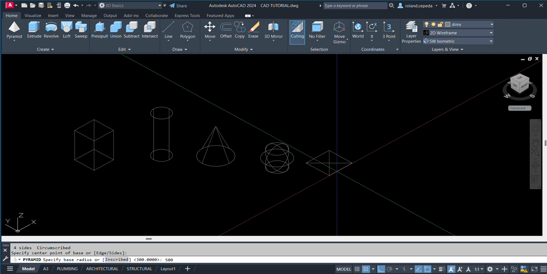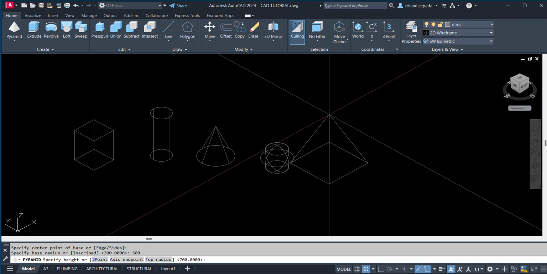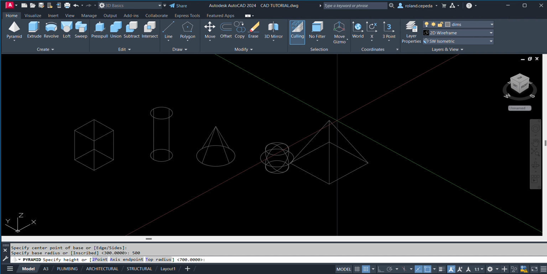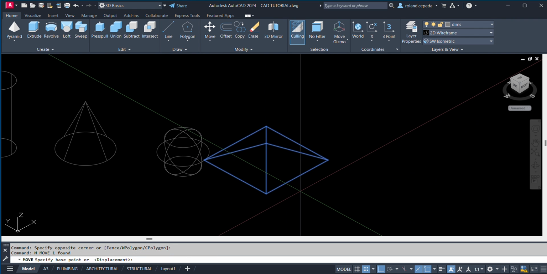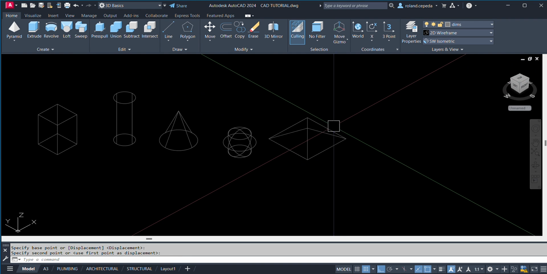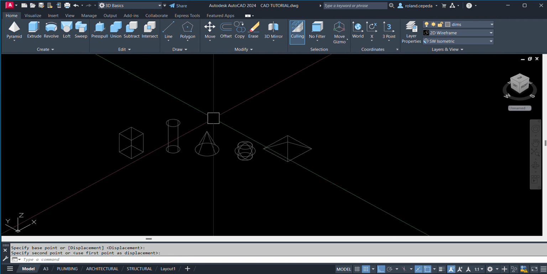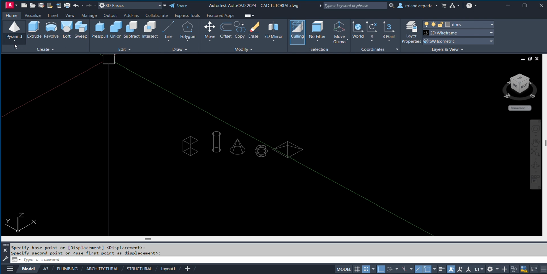So it's going to be a big pyramid. And then specify height. The height is 250, space. So there you go, you have a pyramid. Let us move this one because it's overlapping with the sphere.